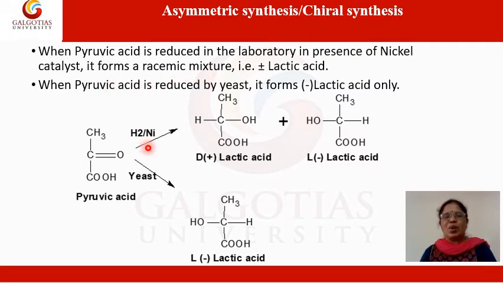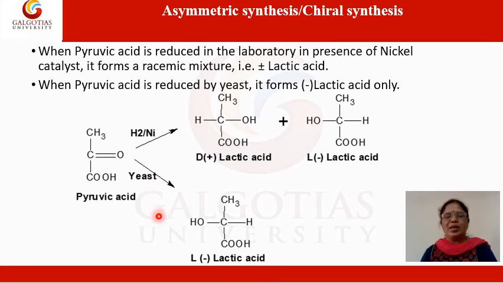In the first way, we carry out the reduction of pyruvic acid with nickel catalyst. So, if we see the product which is obtained, we get the dextrolactic acid as well as the levolactic acid. That means the product is a racemic mixture of lactic acid because we get both the isomers in half of amount. So, racemic mixture is obtained. But if we carry out the same reduction reaction, not in presence of nickel, but if we carry out the reduction by yeast,